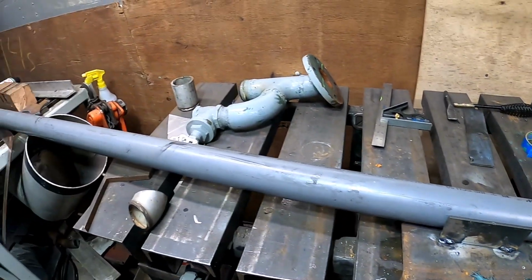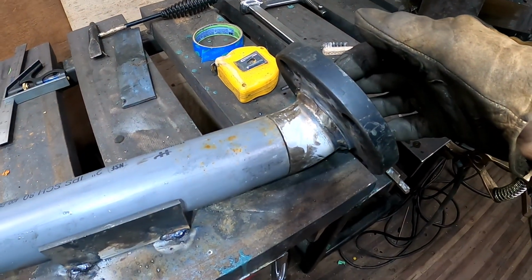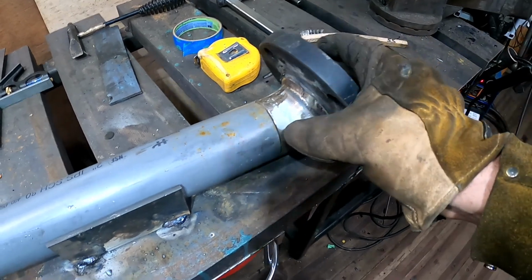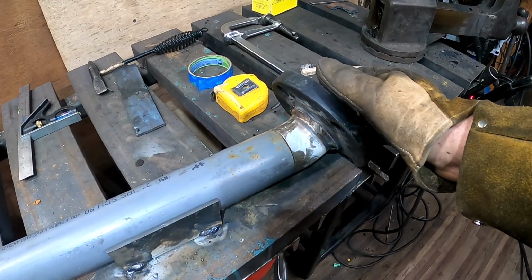I think the next step, I will measure to where my 45 needs to fall, and then there's going to be an offset on that too, which is kind of a pain in the butt. However, I think what I can at least do is weld in the vertical section, and then we'll figure out the offset on that 45 when we get